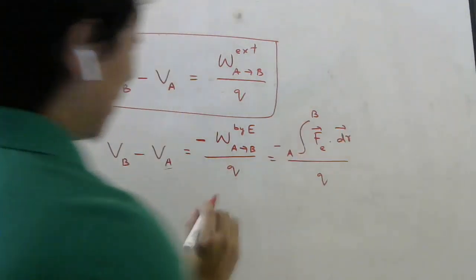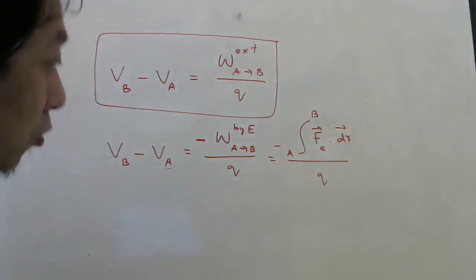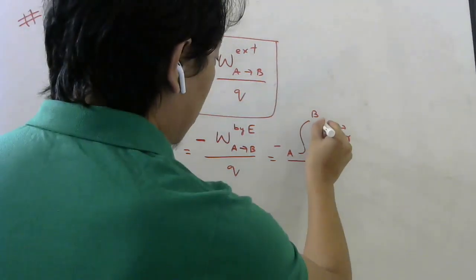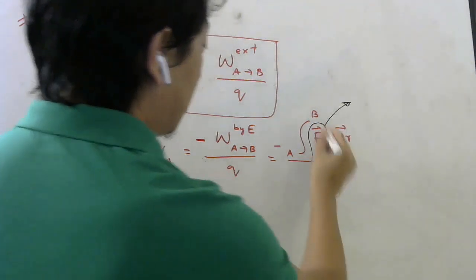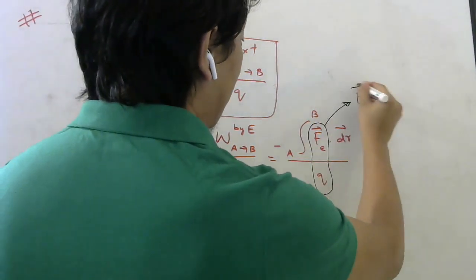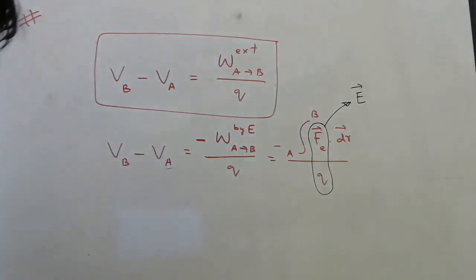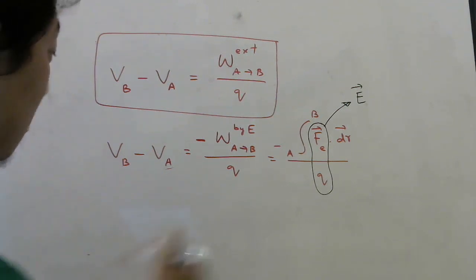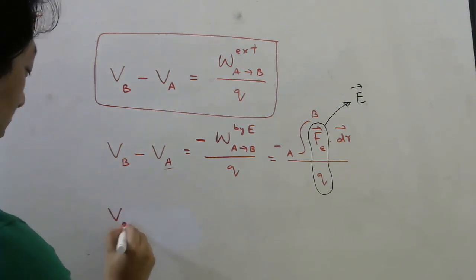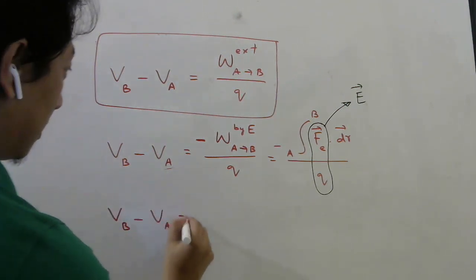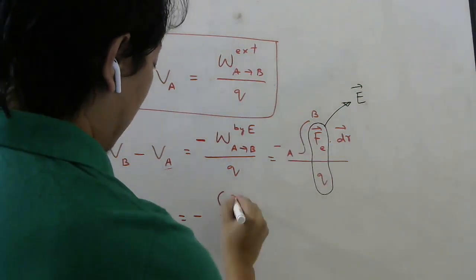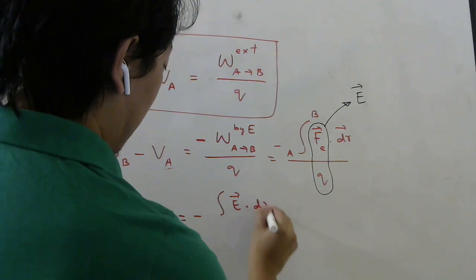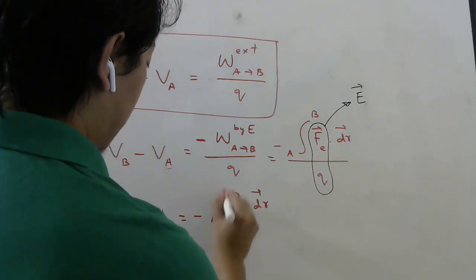Okay, fine. Now I want all of you to answer this question. What will be this ratio? How many of you remember what is this ratio? This is nothing but your electric field, force per unit charge. So in terms of electric field, how can I write potential difference between 2 points? Minus integral, this ratio I can write electric field dot dr from A to B. Okay, students.